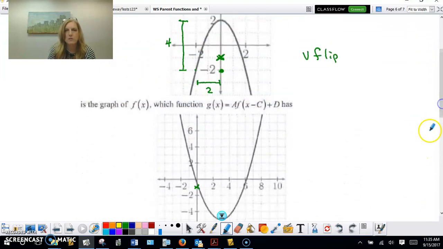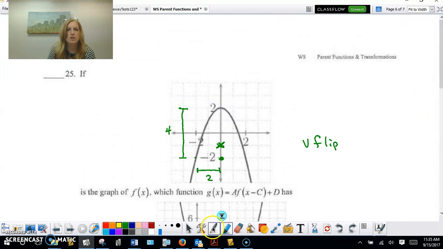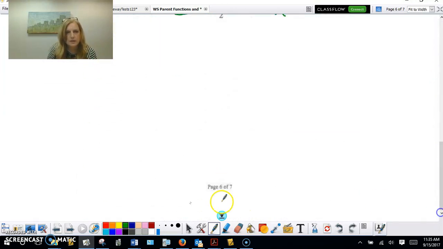So see, process of elimination. Think about what transformations happened, and you will get your solution. All right. And one last